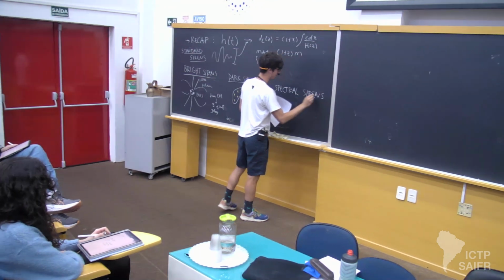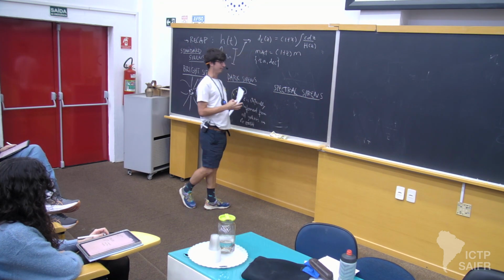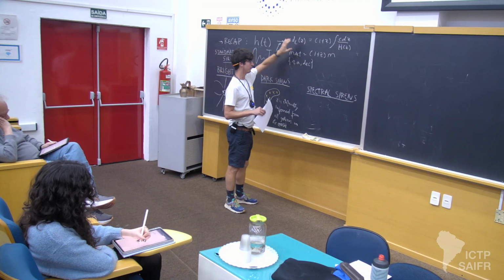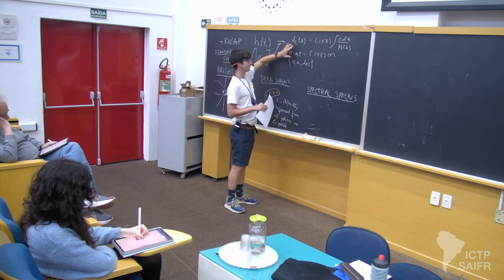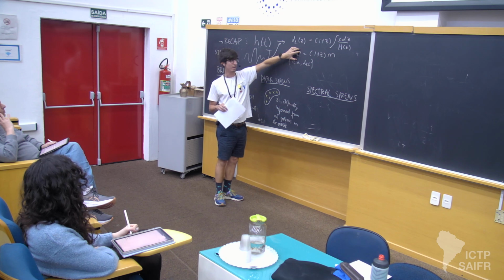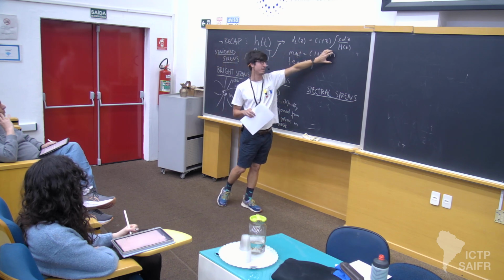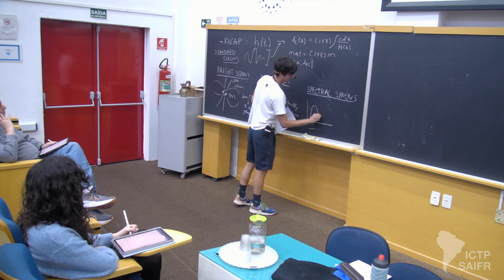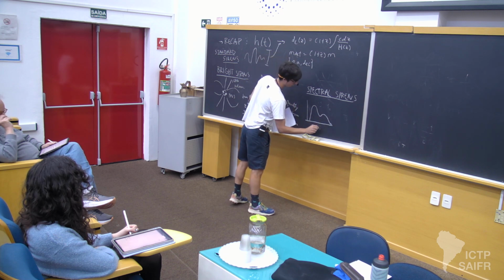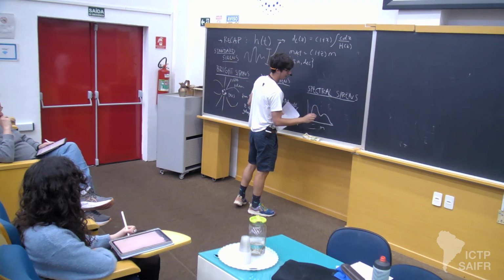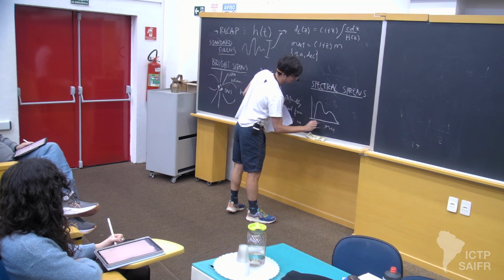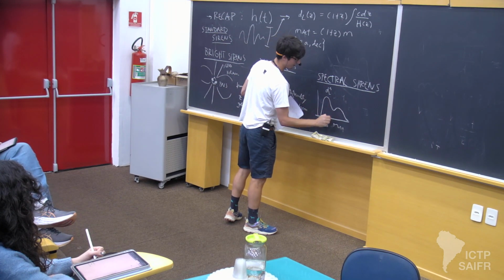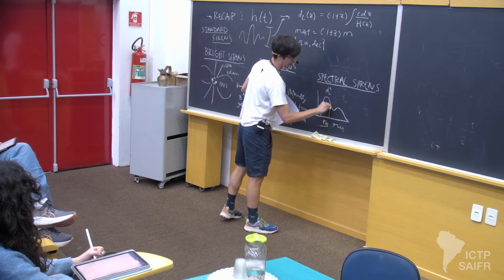is what I refer to as the spectral siren method, which essentially does not make use of any external information and just makes use of the fact that, despite the fact that an individual gravitational wave does not contain information of the redshift in the masses because it's degenerate with the source mass, if the distribution of masses has some features, and we will see actually what those features are from the data, then as you change, if you look at this at some luminosity distance 1, and then you look at this spectrum at some other luminosity distance